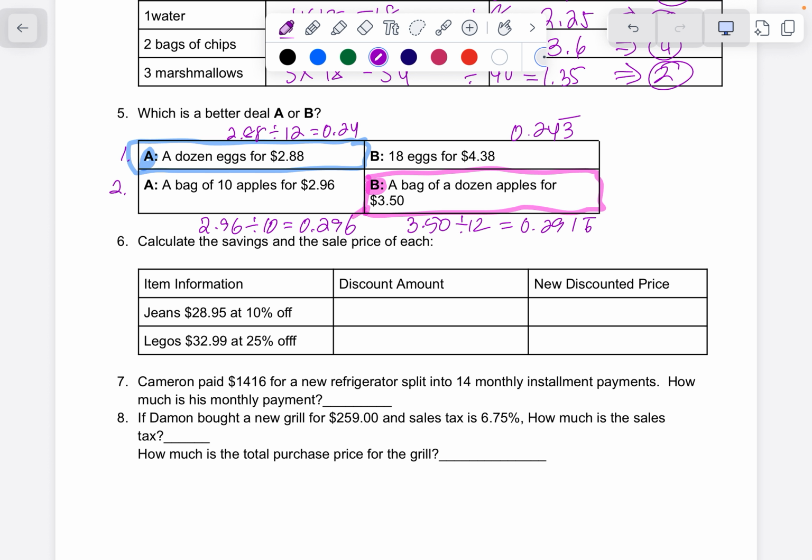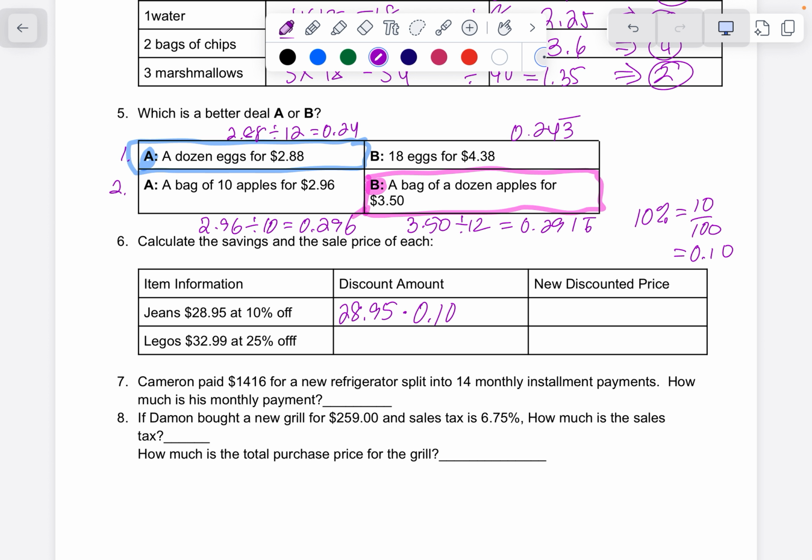So we have jeans that are $28.95 and they're 10% off. All you're going to do is the price times the decimal for 10%, which is 0.10. If you don't know that, do 10 divided by 100, and that will give you the correct decimal. If you struggle converting a percent into a decimal, you can just put that number in and divide by 100. It pops the decimal in there perfectly, okay? And so we get